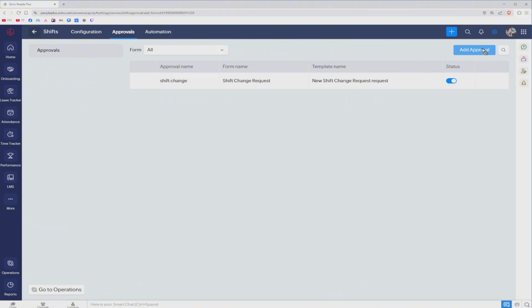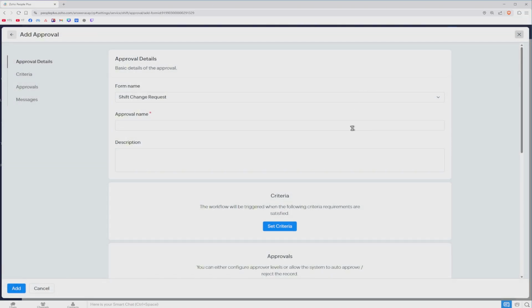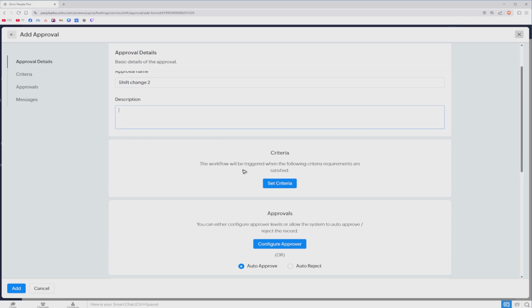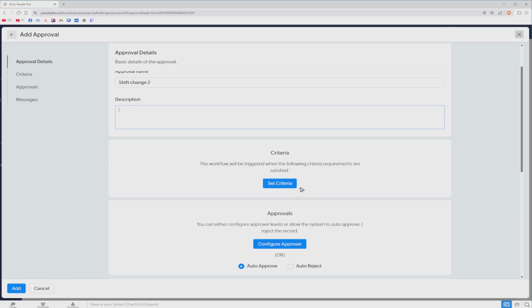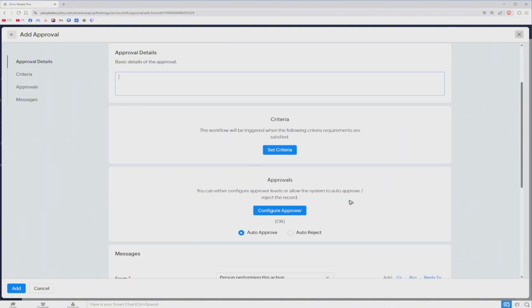You can go ahead and click on add approval at the top. Now, once that's done, give it a name, okay? Approval name, maybe a shift change 2. So give it a description if you want to. And then once done, if you want to add in criteria, like if you want this certain workflow to be triggered when the following criteria requirements are satisfied, okay? Just click on it. But the important thing, or the most important thing that you need to configure in here